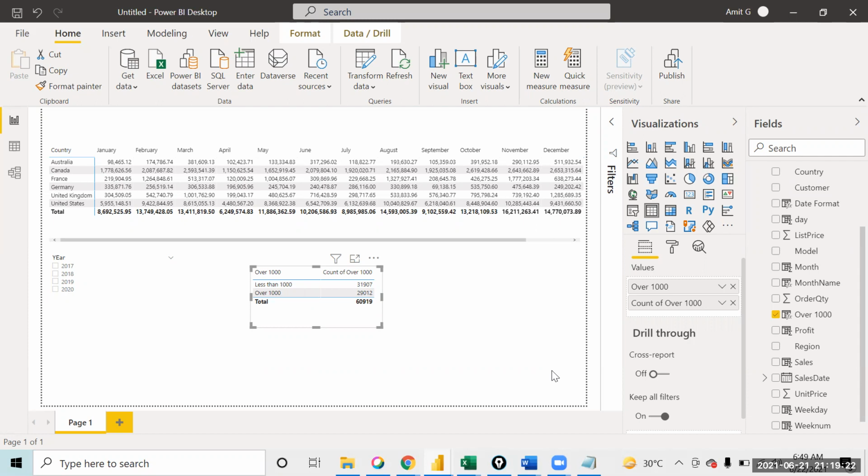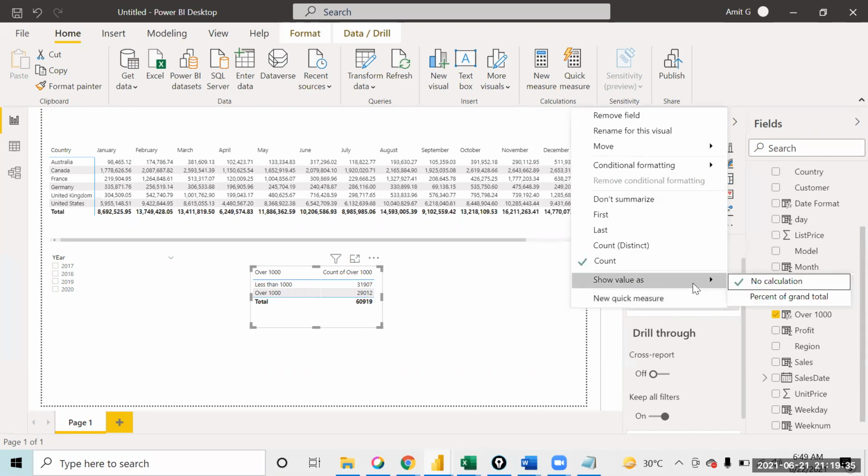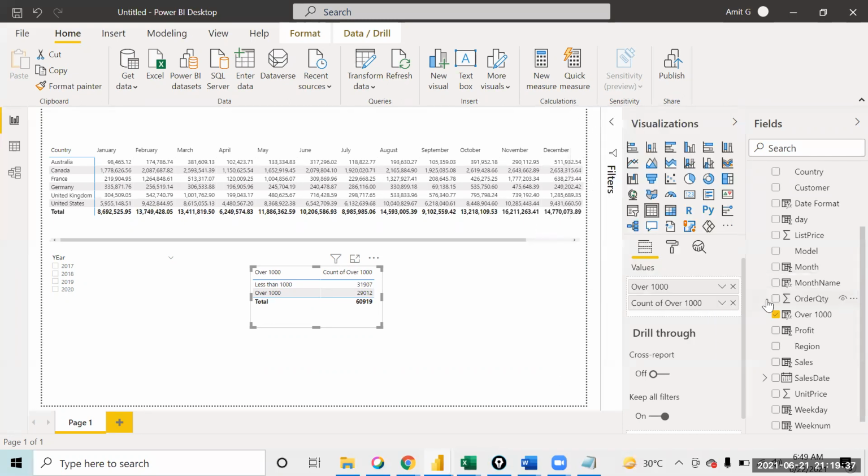Now what I would like to do is see the output in the form of a percentage: what percentage is less than 1,000 and what percentage is more than 1,000. If you click on this little arrow over here on the count, you can show the value in percentage also.